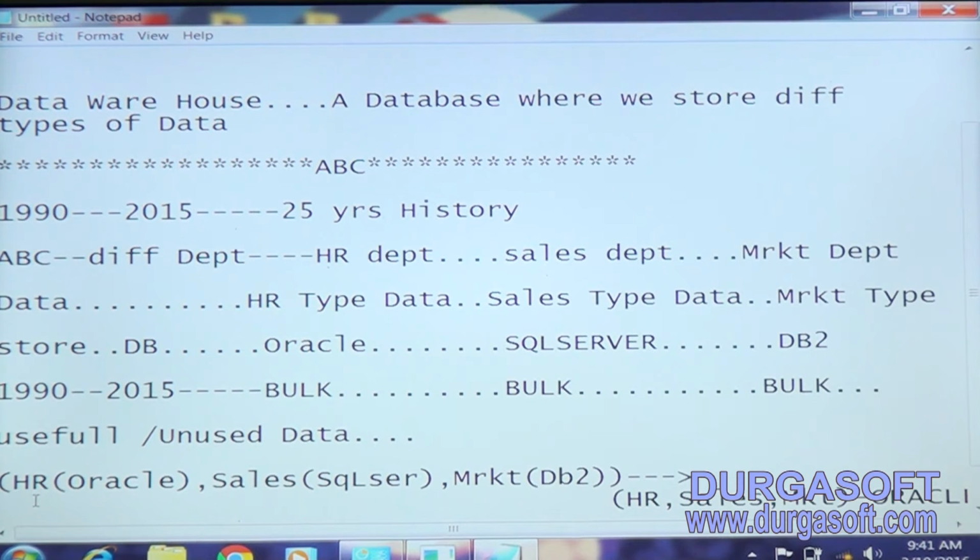So here they want to make this data available for their future usage. That means if it is a Toyota manufacturing company and they want this manufacturing company data,